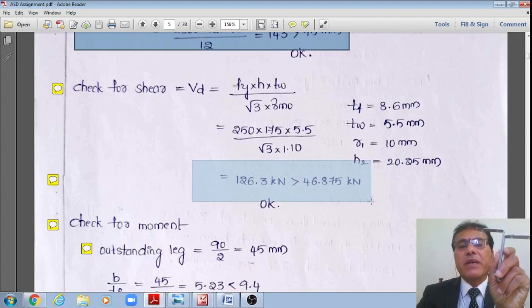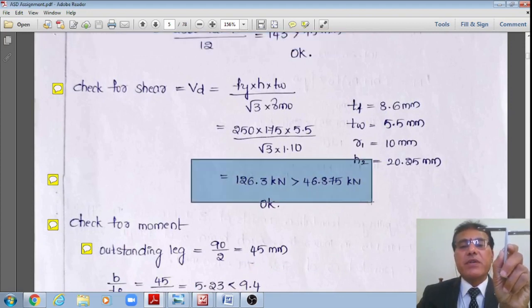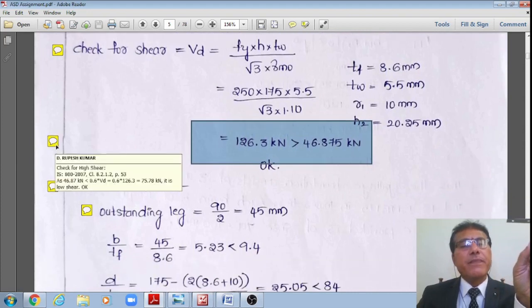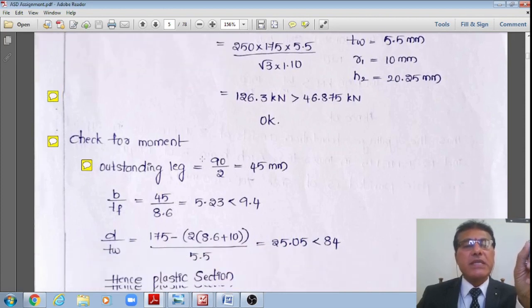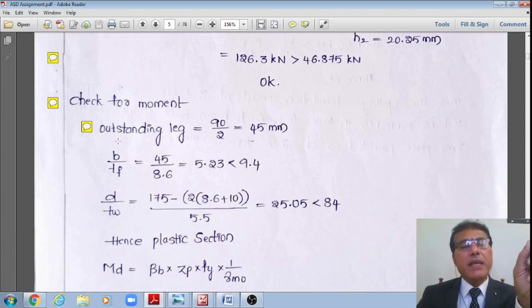126.3 kilonewton, whereas it is subjected to a factored shear force of 46.88 kilonewton only. And is it a case of high shear? No, because 46.88 is less than 0.6 multiplied by VD, 126.3, which is 75.78 kilonewton. It is a case of low shear, therefore no correction is needed for the moment carrying capacity,